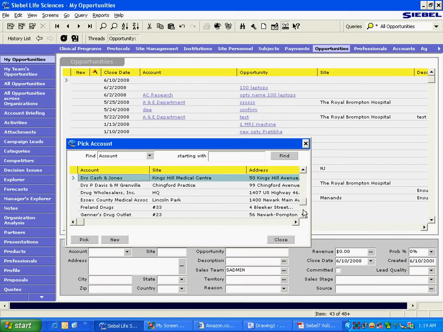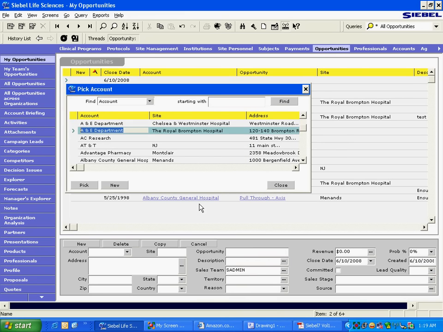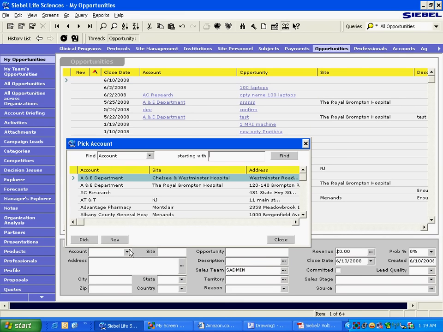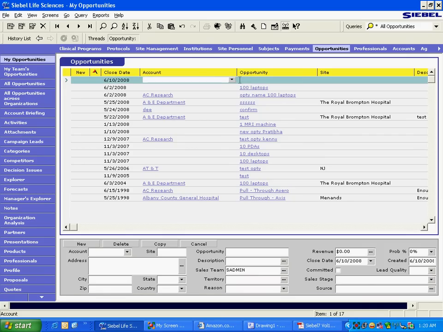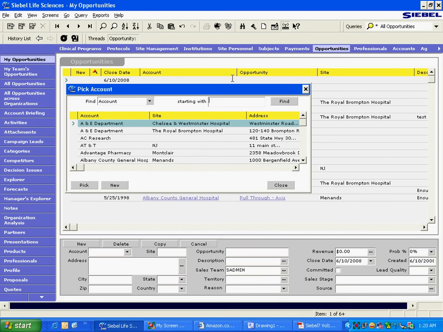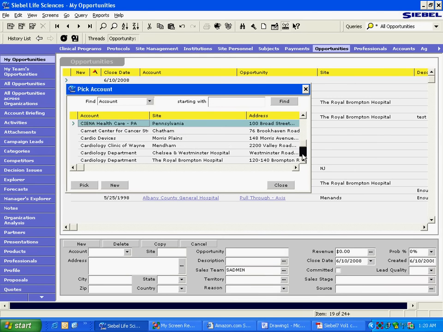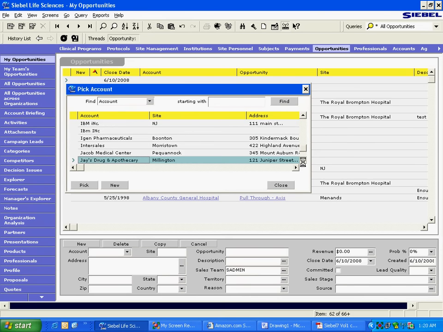The field is still on the opportunity screen. In reference to the list, it accesses the same pick applet from here also. This and this are both the same pick applets, right? So we can enter the opportunity data here also. While entering the opportunity data, we are simply picking from this list of all the accounts in the database. We cannot say that this new opportunity is associated with everybody. Actually, it is going to be associated with 1 or 2 or 3, and they are not yet associated. So this is showing the options.